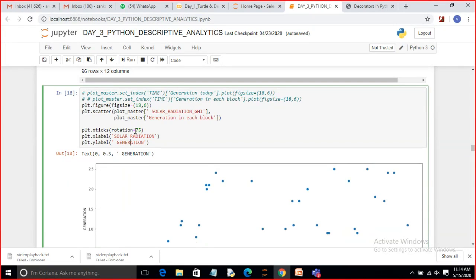Then next thing will be rotation equal to 76. Then here we are using 18,6. Plotting is scatter.